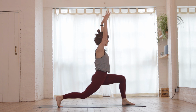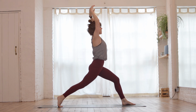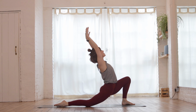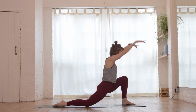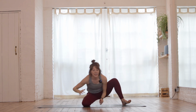You're there. Inhale, extend the legs. And coming down, exhale with control. Release the back toes, sink the hips, rise. Inhale, open the heart. Exhale, folding over. Coming forward, inhale, sink the hips. Exhale, back shin in, find your side, sort of